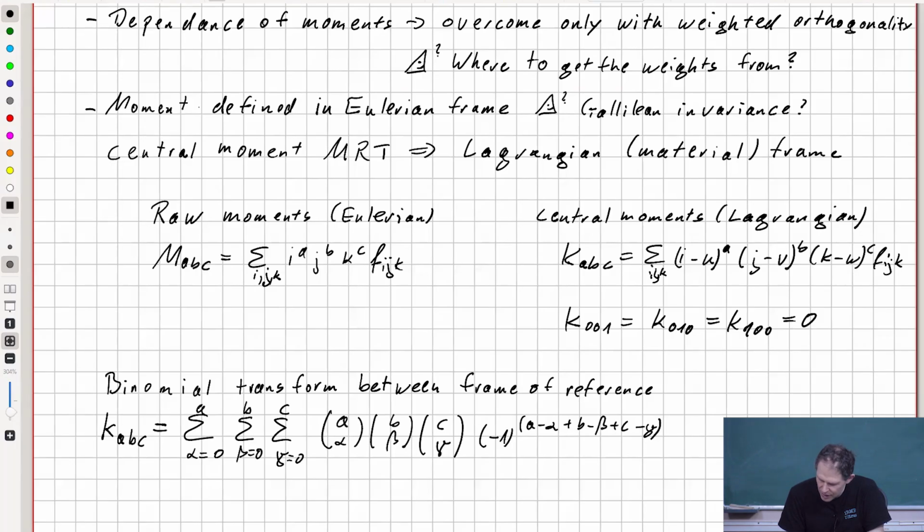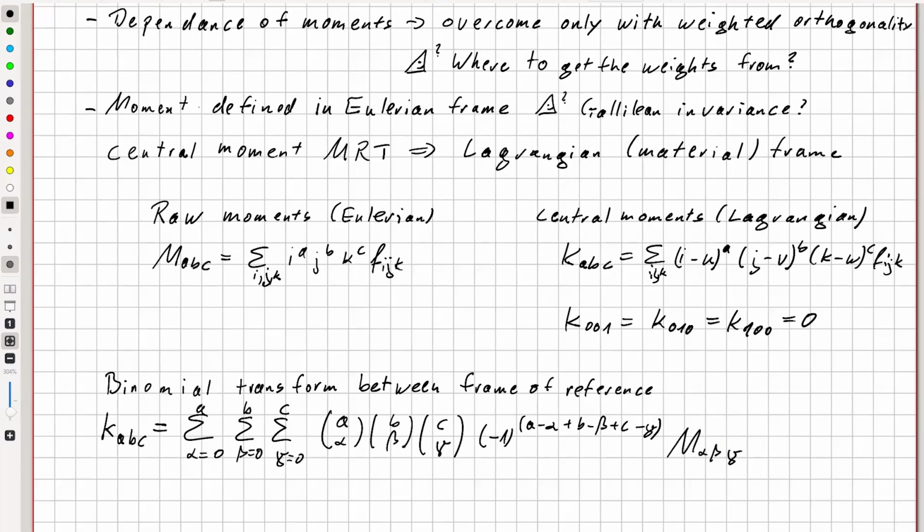It's a little long here. Then comes the moments M alpha beta gamma,